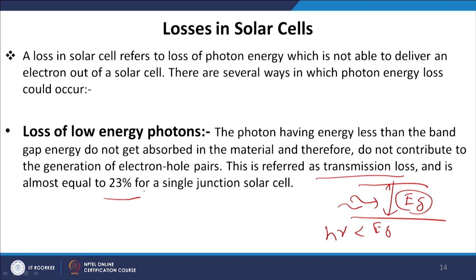So, to utilize a solar cell for maximum efficiency, we need to design a material which can take care of the solar radiation in the visible range, but also in the UV range and also in the IR range. Because if most of the light is in the UV range, and I have a material which has a band gap in the visible range, then it will not be able to absorb that UV radiation. It will hit the solar cell and eventually decrease the efficiency of the solar cell. So, that is why we have to intelligently design the materials whenever we are designing solar cells.